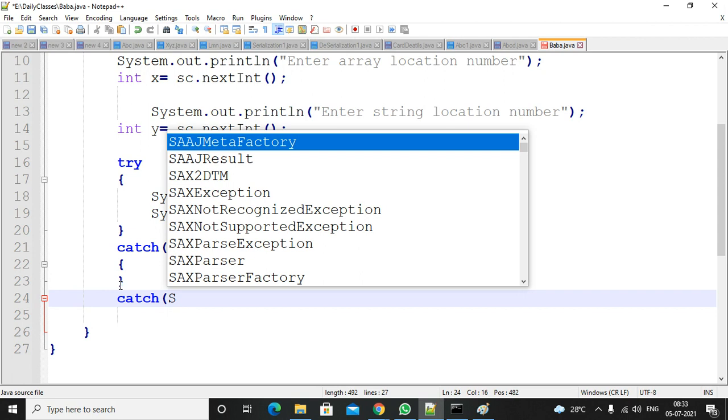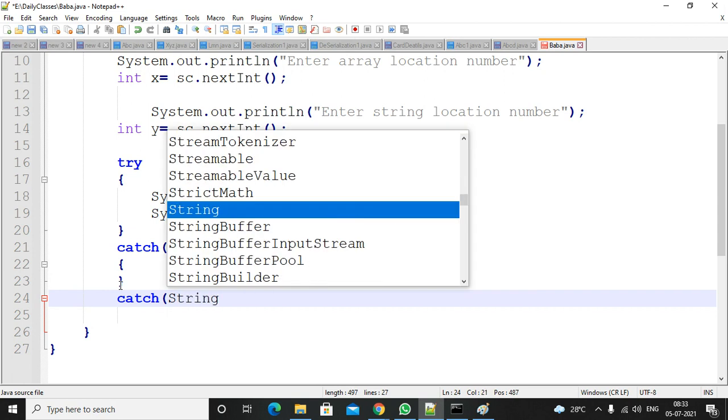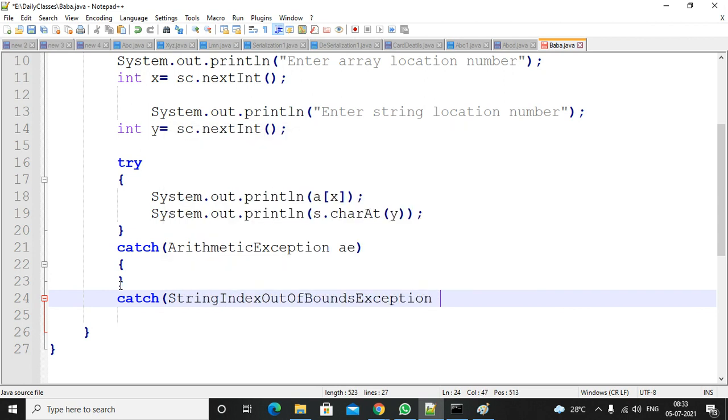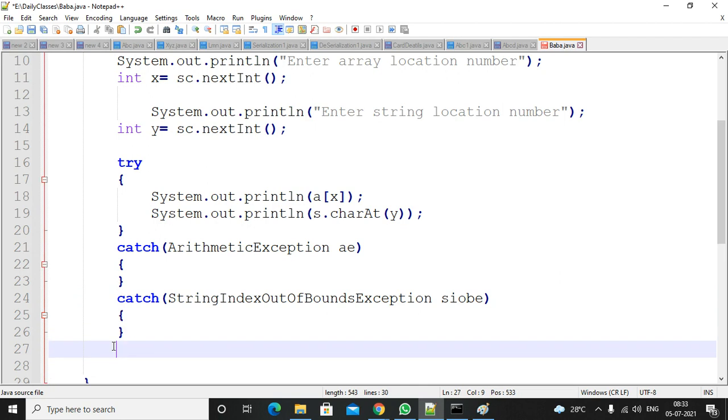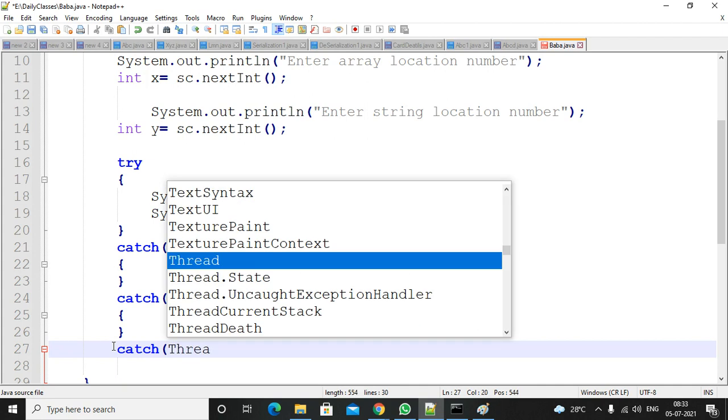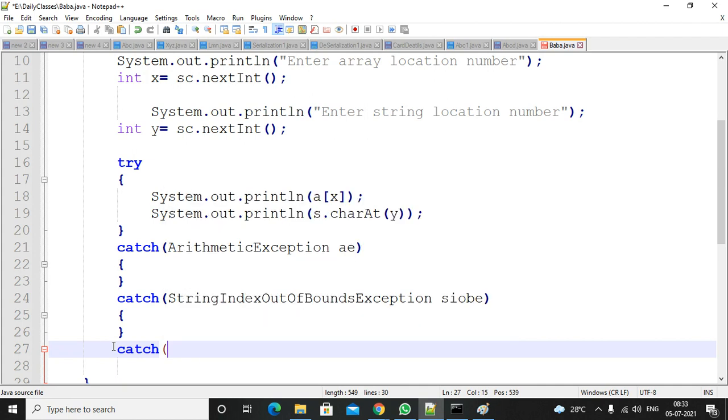You can write another catch block. You are getting a string index out of bound exception. It is not required to keep that big a name. It's okay. You can write another catch block for another exception, such as an illegal thread state exception, illegal state.